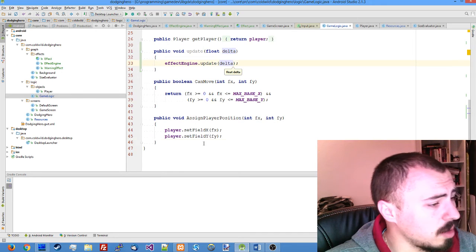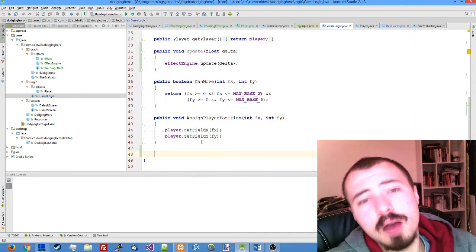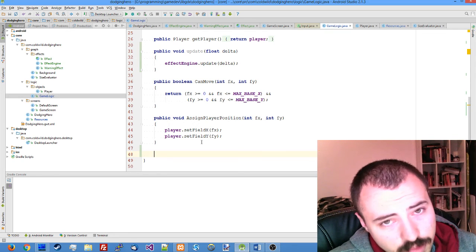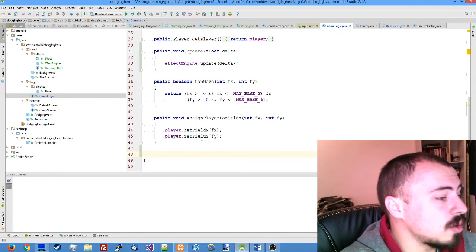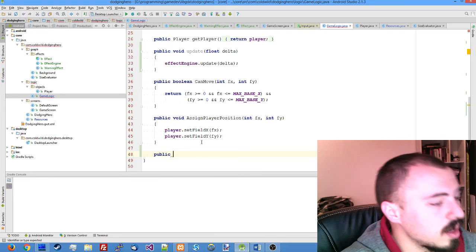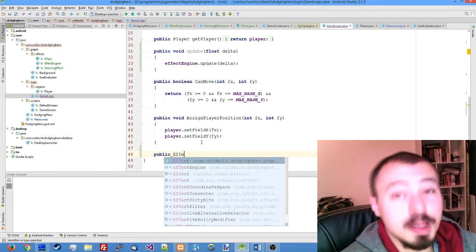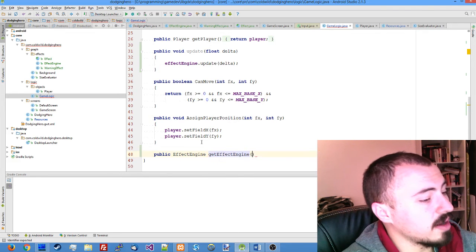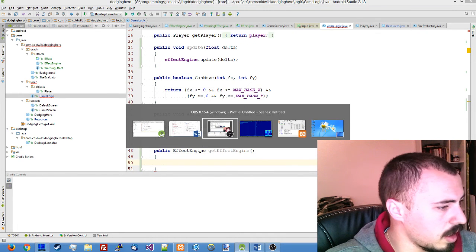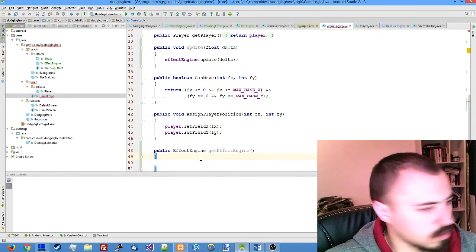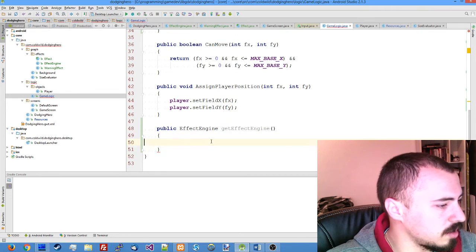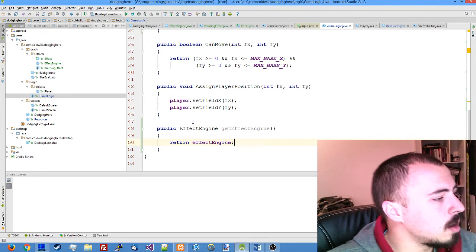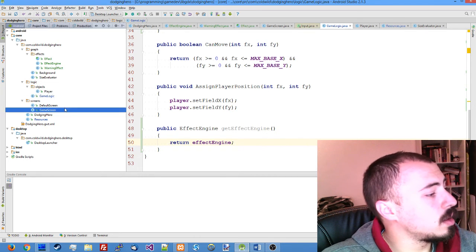So it's that simple. But the thing is, our game screen also needs to draw the effects. And to draw them, we still need to use the effect engine. So the logic should have a way to return the effect engine to our game screen. To do this, we're just declaring a new function, get effect engine, and let us just simply return it. In our game screen,